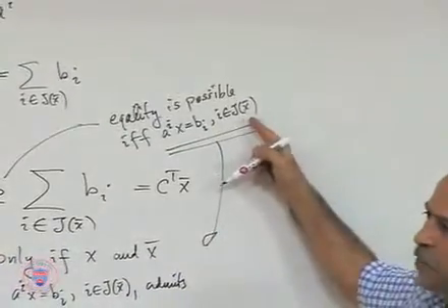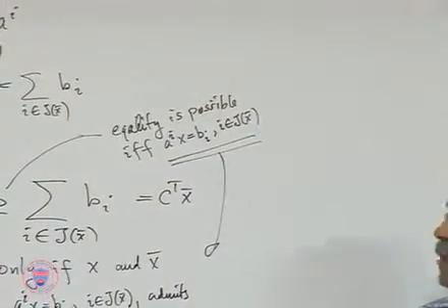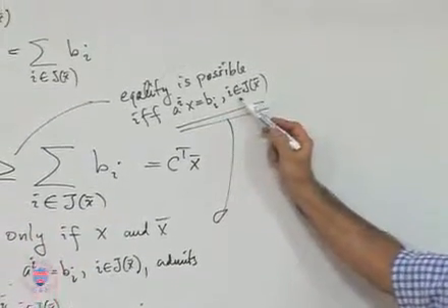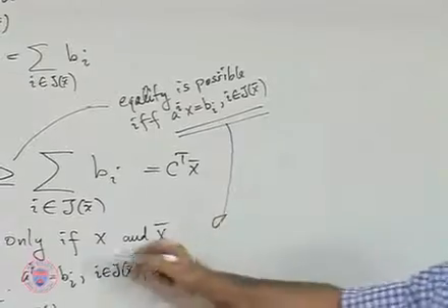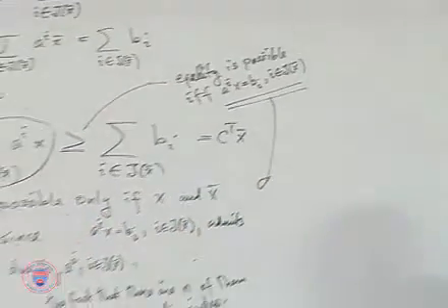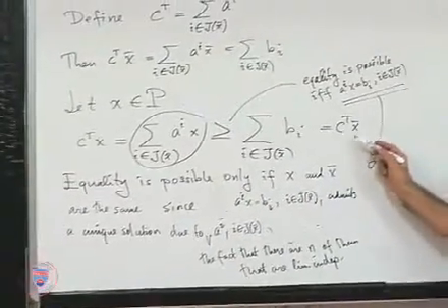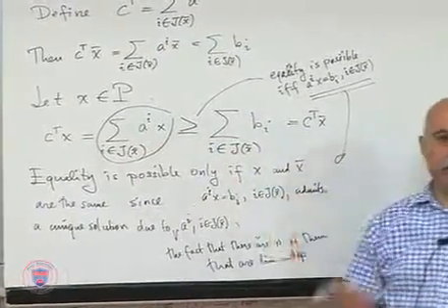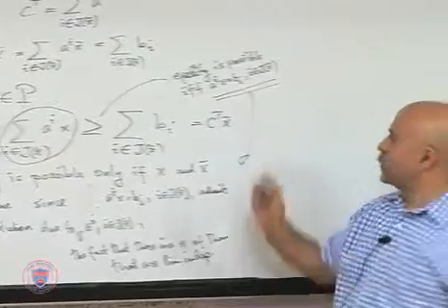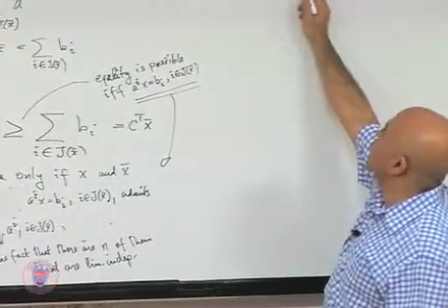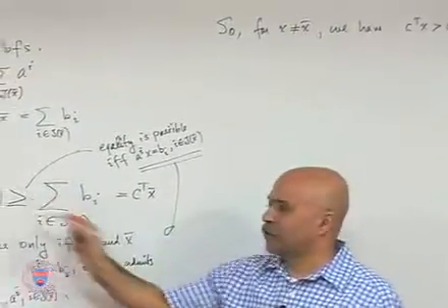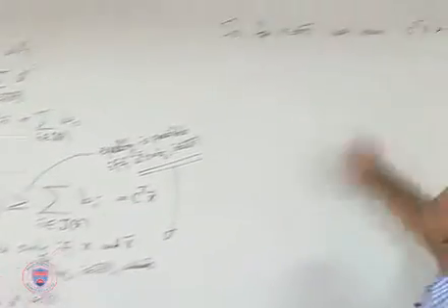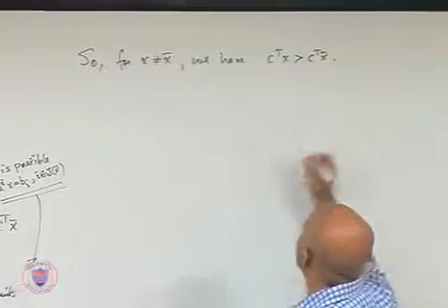And this system, Jx bar, contains n linearly independent AI in it. For that reason, it admits a unique solution, which is what we argue here. And if it admits a unique solution, equality is possible if and only if x and x bar are the same. For the remaining case, when x is different from x bar, you've got only strict inequality being possible. And that, of course, proves this.